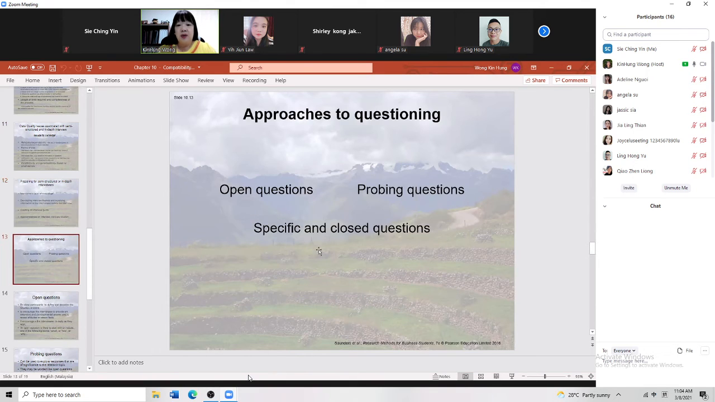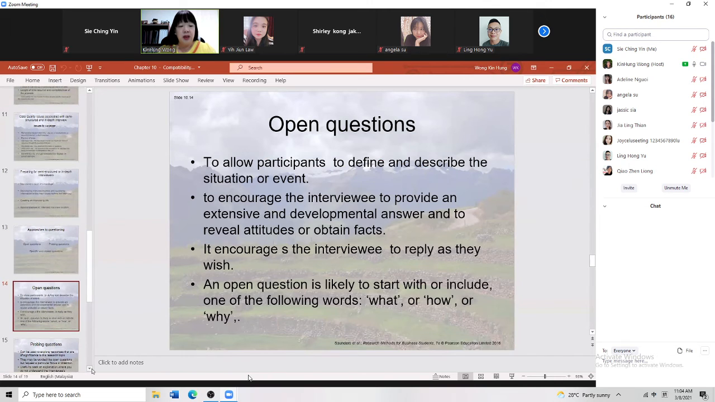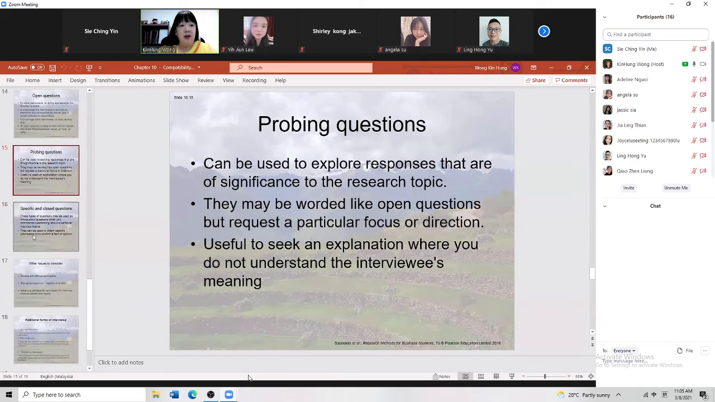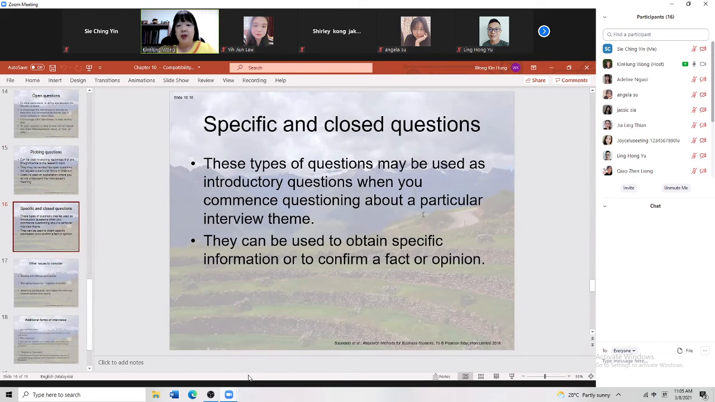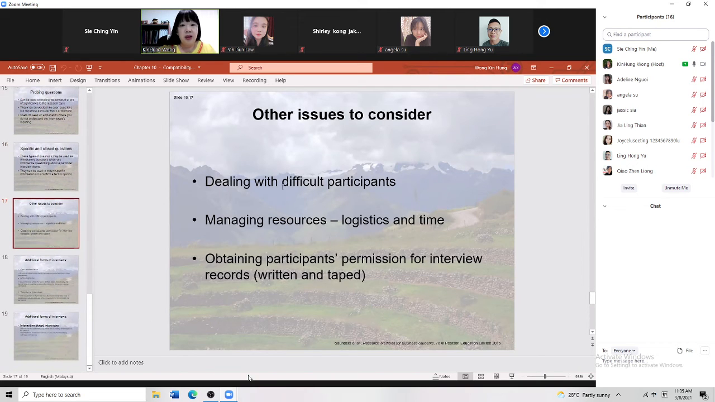So questions, this one we covered before: open questions, prompting questions. These are open questions. And then questions that you prompt people, to seek explanation when you do not understand the interviewee's meaning. And then specific questions or cross questions are just to obtain information, to confirm facts or opinion. So other things that you need to consider is dealing with difficult participants,